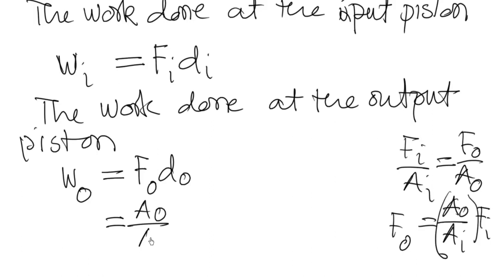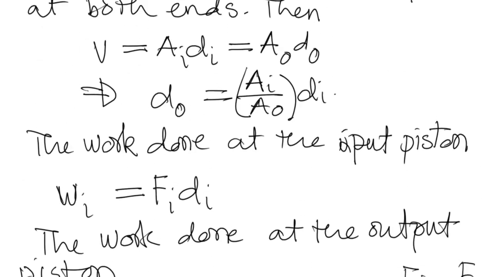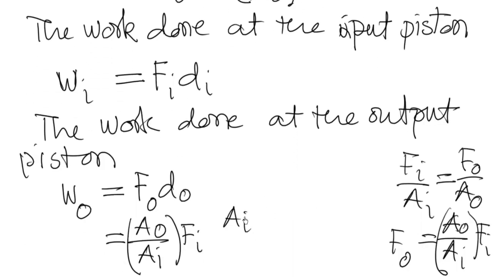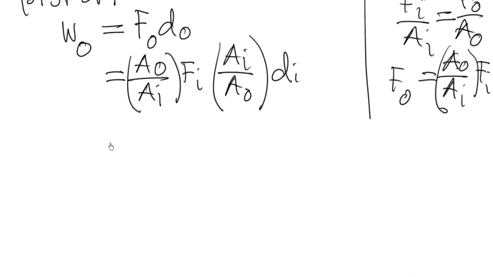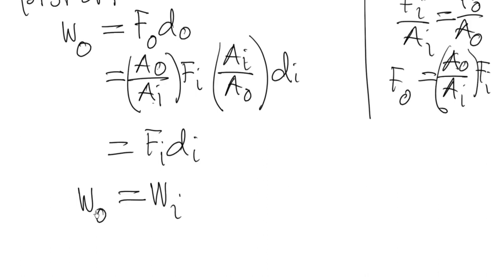So A naught by Ai Fi, and d naught, just we have found out this d naught is Ai by A naught di. So you see this Ai and Ai, A naught and A naught will be cancelled out, so we'll be left with Fi into di, but this is nothing but the work done at the input end. So we have W naught equal to Wi,